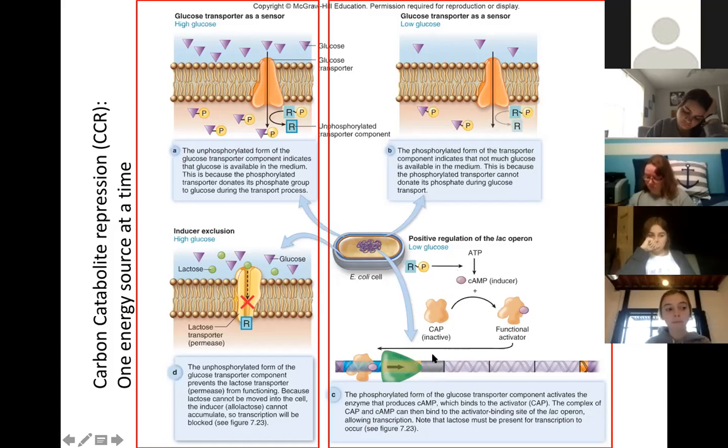So you have the activator bound, you have the repressor removed. RNA polymerase can now go down and transcribe the genes that are needed to utilize the energy source that is now flowing into the cell because glucose is no longer present. Now, again, glucose is the preferred energy source. And so if we were to dump glucose back into the system, we would start to have unphosphorylated transporter components. They would start to block this. You would turn off all of the transcription of lactose genes, and you start utilizing glucose again.